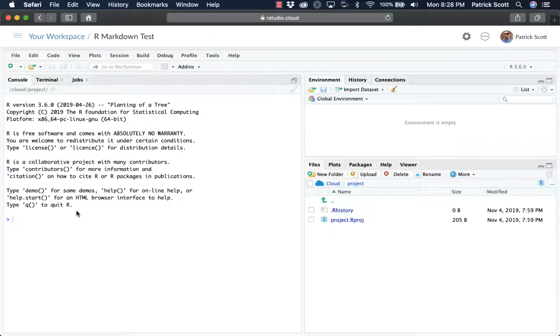Hello! In this video we're going to go over R Markdown inside of RStudio Cloud. Let's get going! Alright, so the first thing I've done here is I've created just a simple new project workspace